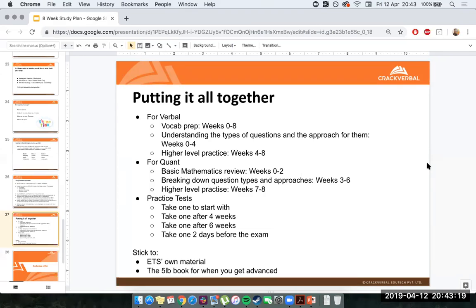But when it comes to finding questions, where do you want to do your questions from, right? Not all questions are created equal. Some people are trying to make GRE questions, but they're not actually making GRE questions. So ultimately, there are 2 sources that I recommend. In addition, of course, to Crack Verbal material, right? This is assuming that you're taking up our course and that you're going to look through our material anyway. In addition to that, you want to look at ETS's own material, ETS's own sample questions, right? ETS's own guide. That's a good source.